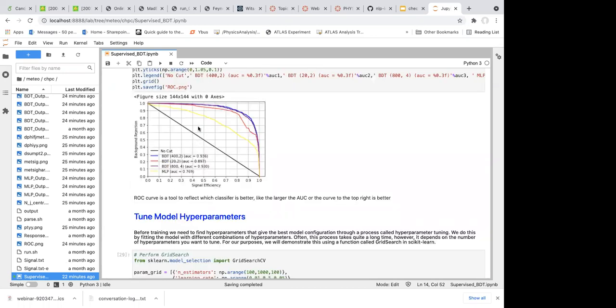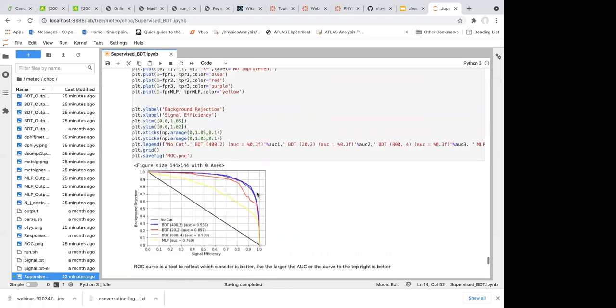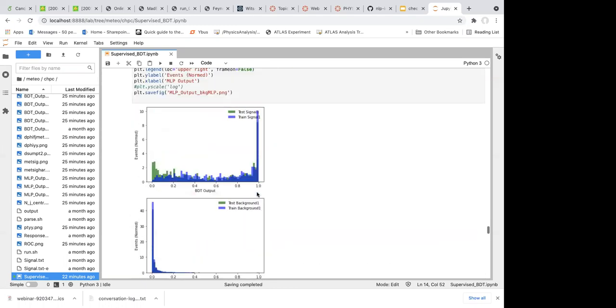So what's the meaning? First, I'm going to explain the meaning of the ROC curve. The x-axis, but sometimes in different articles, different situations, you will see that they exchange the x-axis, it doesn't matter. So here we use the x-axis as the signal efficiency from 0 to 1. Signal efficiency of 1 means that after your classifier, 100% of the signal will survive. It is like if you go back to this figure,